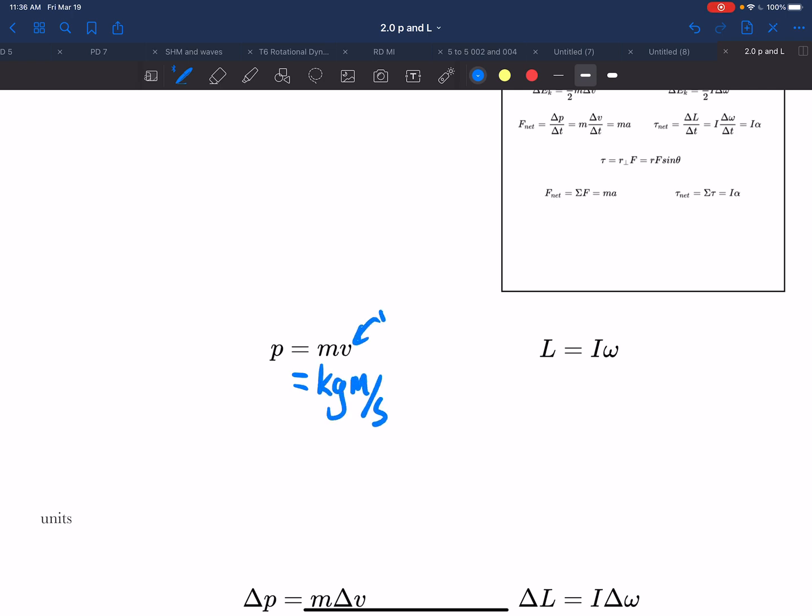Of course, this is the velocity. And this is the mass. And our dear friend, momentum. So it is expressed in units of kilogram meters per second. Now, angular momentum